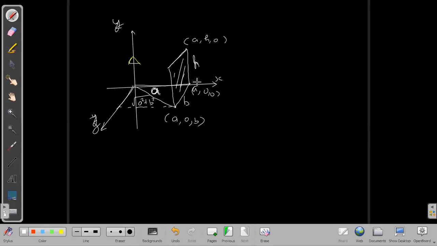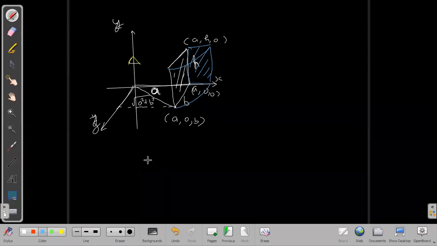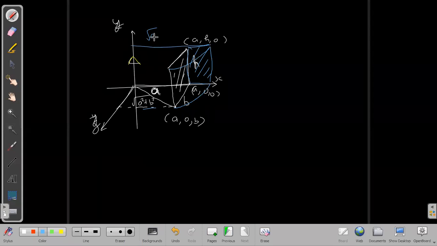So as I told you before, what I will do now, I will rotate this line and this point here, and I will turn it into a new blue plate, which is lying in the same plane, the XY plane. In this plane, I will turn it. That is what I wanted to say, that we can turn in such a way. How to turn? I will turn this radius. Its radius is the root of a square plus b square. So here also it will land at a distance where? These points A dash and B dash will be at the same distance. Their distances are not changing: root of a square plus b square distance.